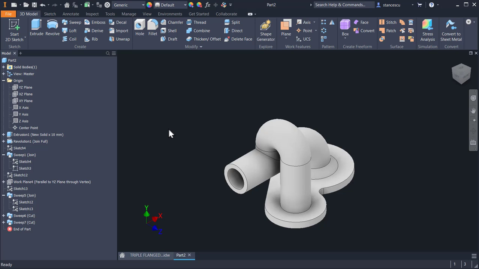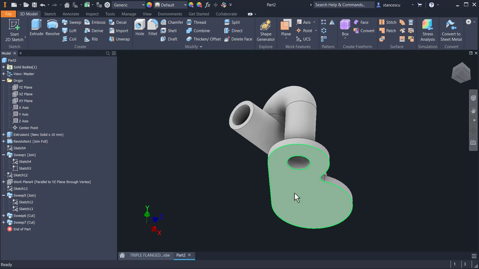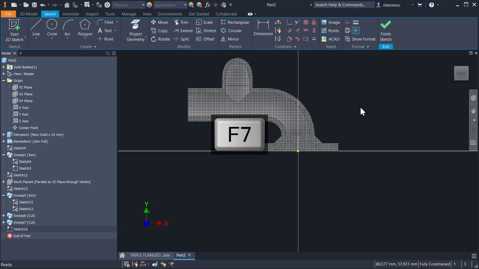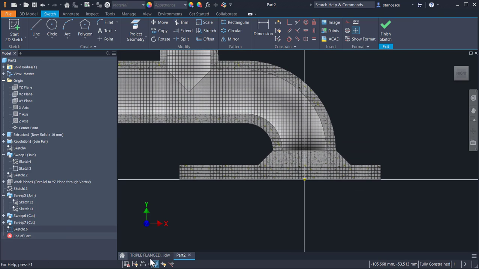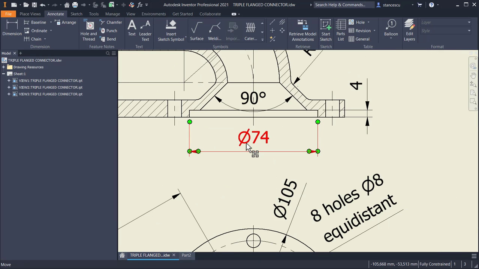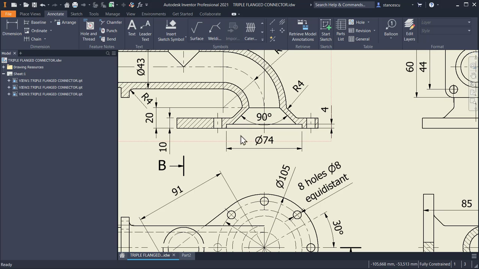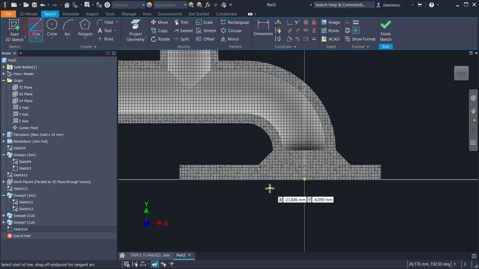And we go to the revolving here in the plane XY, F7 to create this profile. 74, 90, parallel, not 90, parallel, and 4 millimeters this line on 4 millimeters,